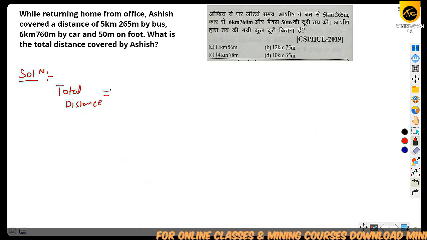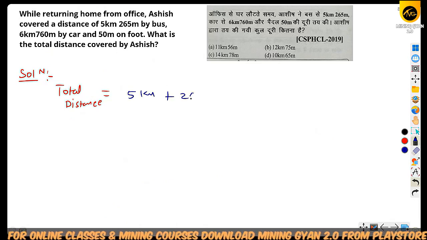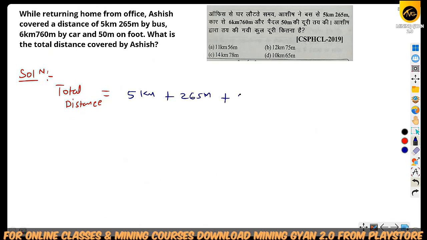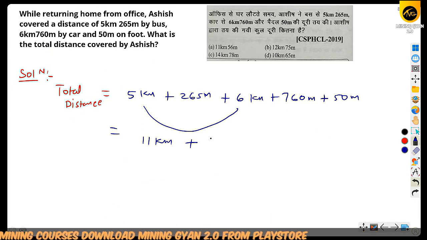Anyone else? Distances are 5 kilometer and 265 meter plus 6 kilometer and 760 meter, then 50 meter. Now the 5 kilometer and 6 kilometer will be 11 kilometer, plus 265 and 760, and 50. Okay, so it will be